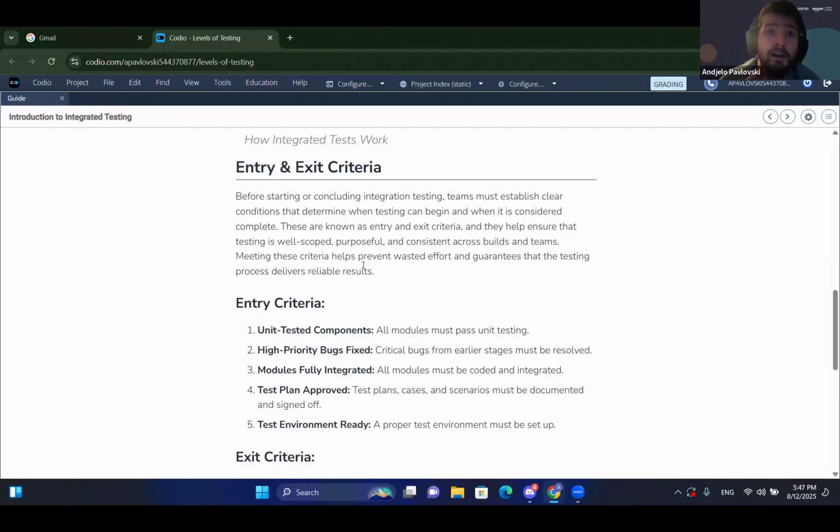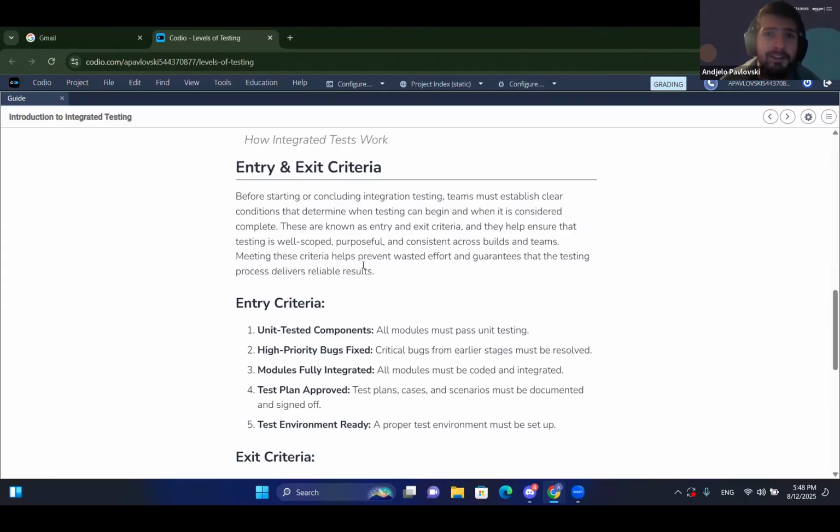Now, with regards to the entry and exit criteria. So as I mentioned, you will need to have some preconditions for when to start the tests and how you can start the tests, and then when they have been completed. And why is this important? It's important because oftentimes you will have, let's say, a component that's maybe not working as expected, and then for you to test the entire connection from it to the other component, you actually rely on it. So when you would go to the development team and try to explain to them what is the idea behind it, you will tell them, my precondition or entry criteria was that this is working,